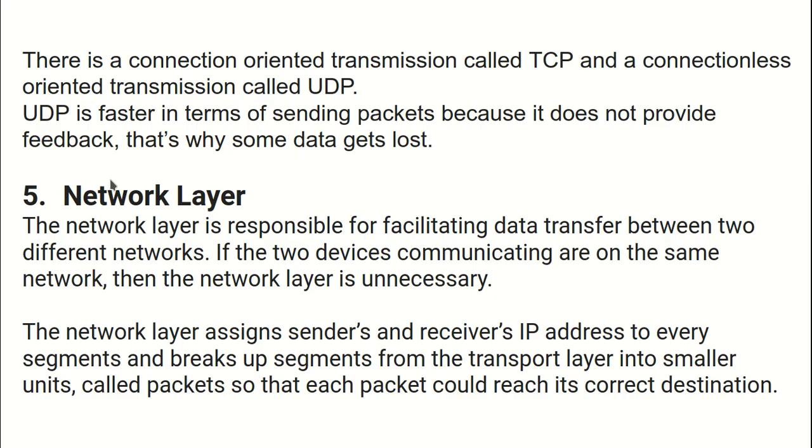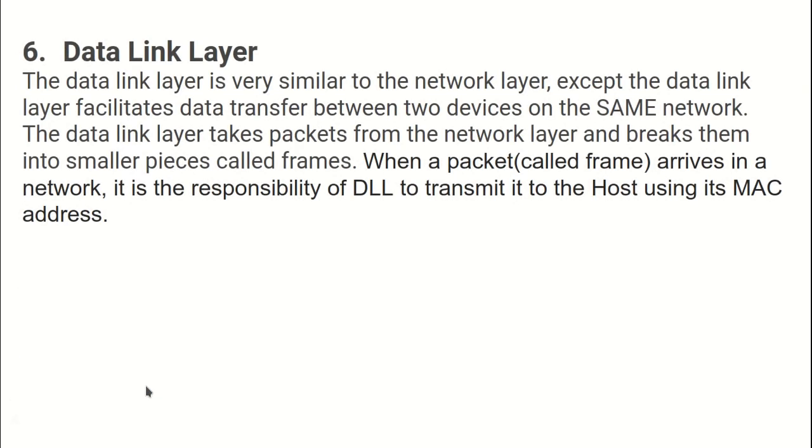The data link layer takes packets from the network layer. As we have seen, the network layer breaks the segments into smaller units called packets. The data link layer takes these packets and breaks them into even smaller pieces called frames. Once the frames arrive in a network, it is the responsibility of the data link layer to transmit them to the receiving host